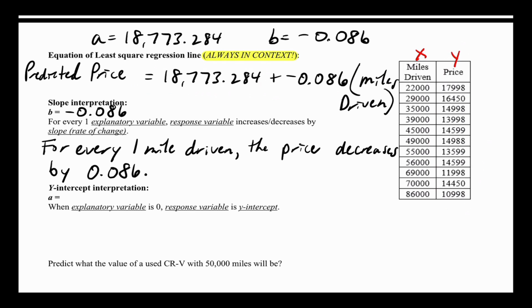Because if you say something decreases by a negative, you're actually saying it's increasing. It's like saying minus a negative. That's actually adding. So you can say increases by a negative number, or you can say decreases by a positive number. Either one is okay. You just can't say decreases by a negative because then that's double negatives. Okay. So the slope,